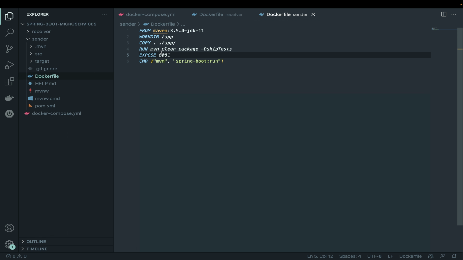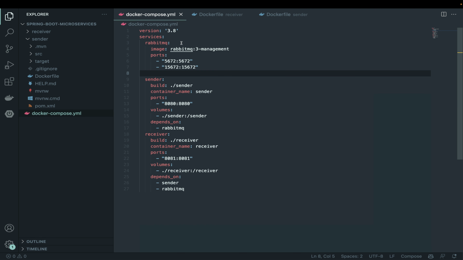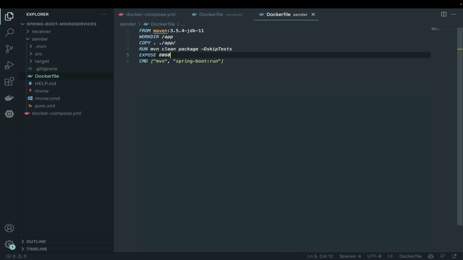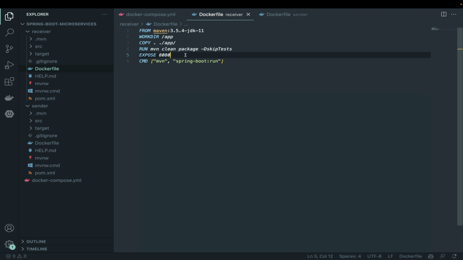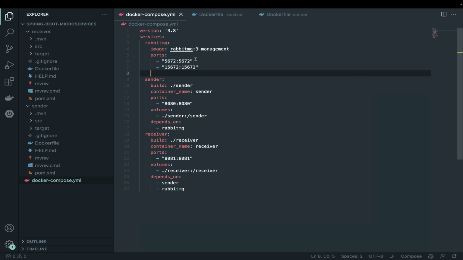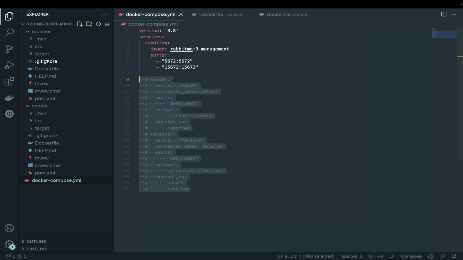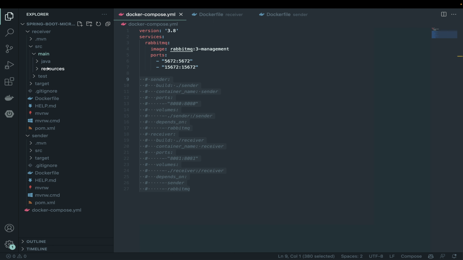Like this sender is on 8081, so let me see. So sender is on 8080, so my bad, I need to make it 80. I need to make it 81, and here we go. So this is it from here. I just do check once again. One last thing is remaining, I guess, here to define